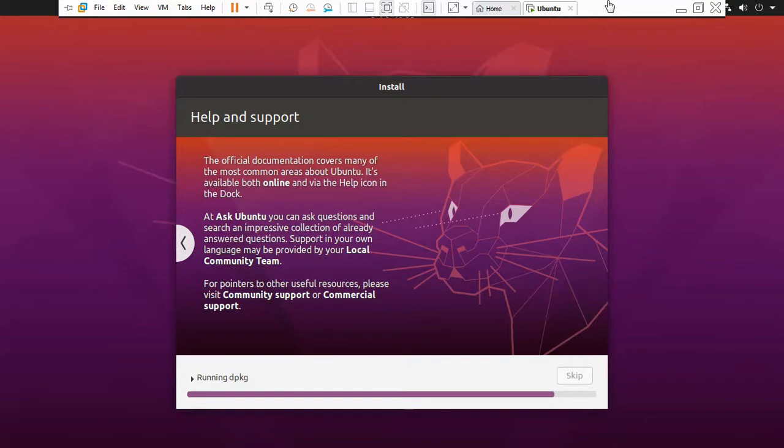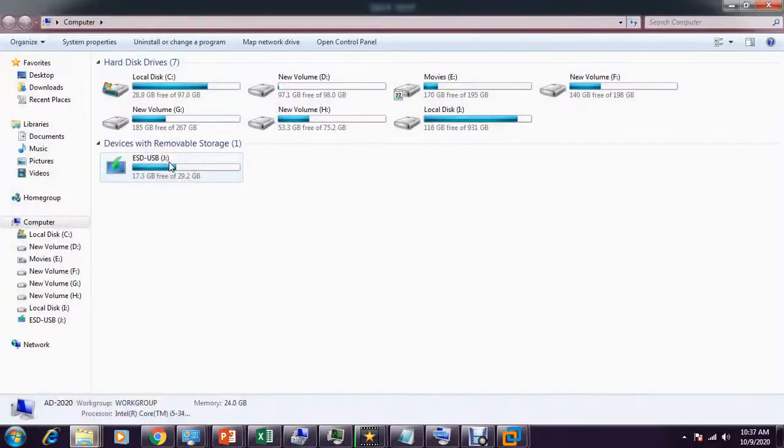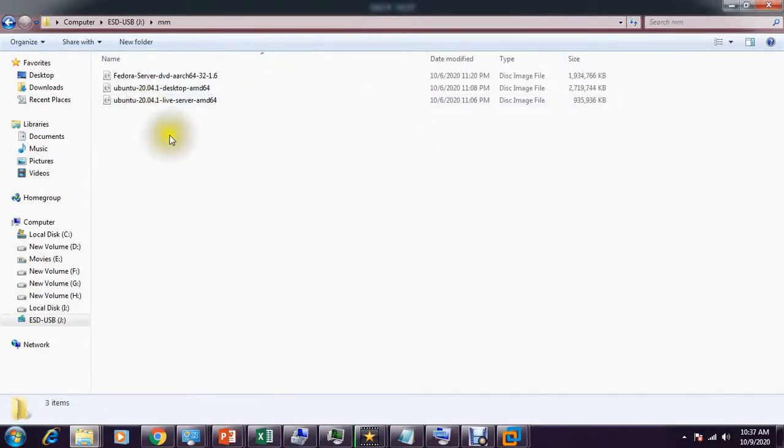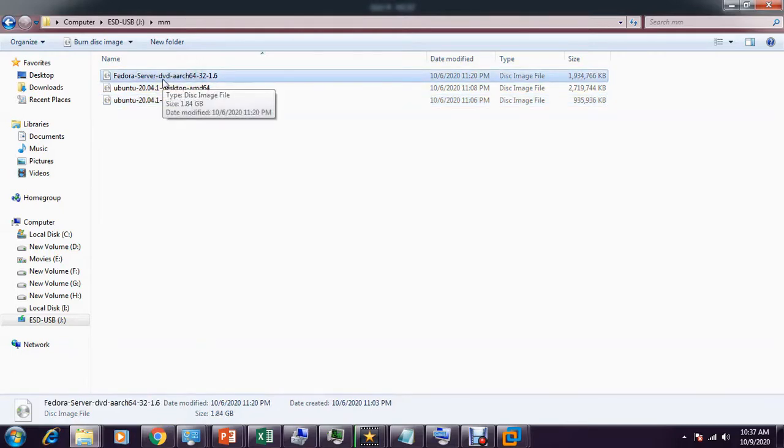and that too you can download from the web. I have already downloaded the ISO image, I have it here, this one. It is the 20.04.1 live server. This is already downloaded, and we will be doing the Fedora server installation also in my coming up video. That is also already downloaded. So I will be doing all those things one by one.